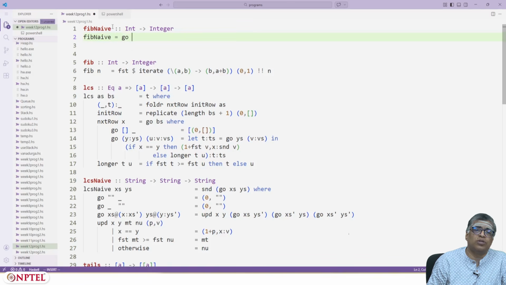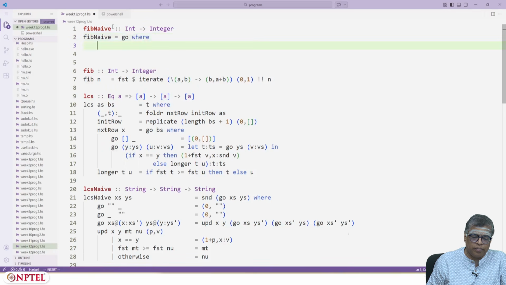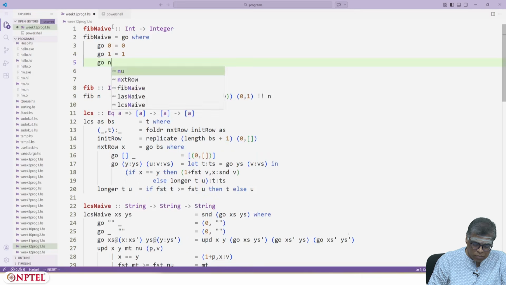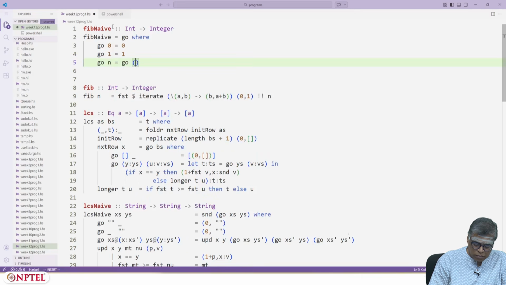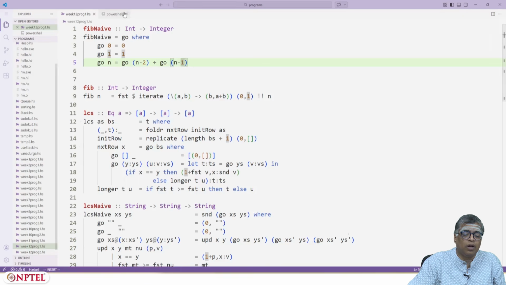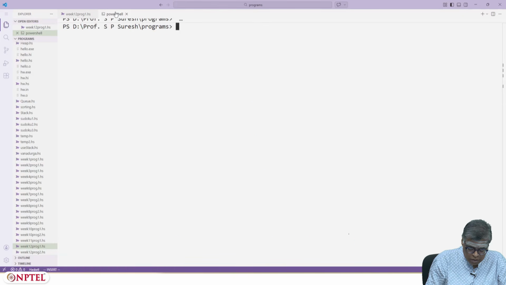I am using a Go just to save some typing. Okay. So, that is my naive Fibonacci number computation. So, let me save the file and let us open GHCI here.